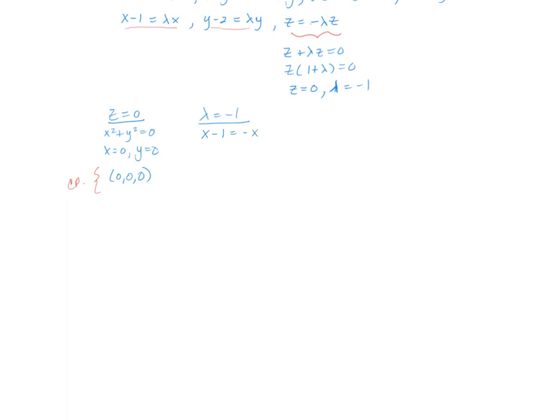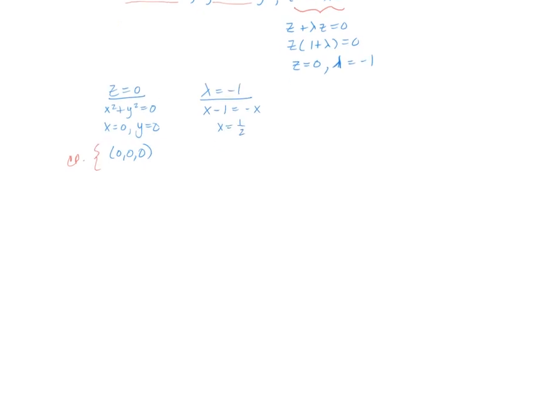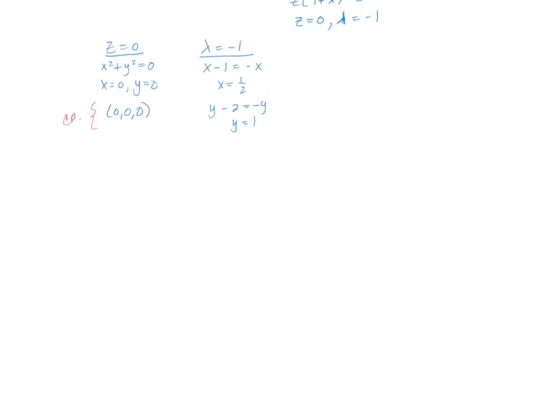So solving for x, I get 2x equal to 1, or x is equal to 1/2. The other equation with the y becomes y minus 2 equal to negative y, so 2y equal to 2, y is equal to 1. And my z value, if lambda is negative 1, just becomes z equal to z,